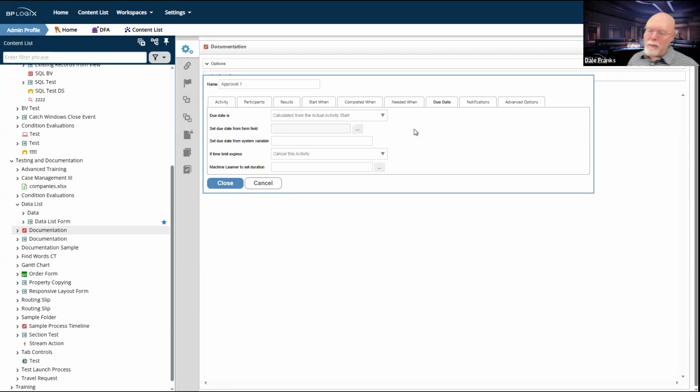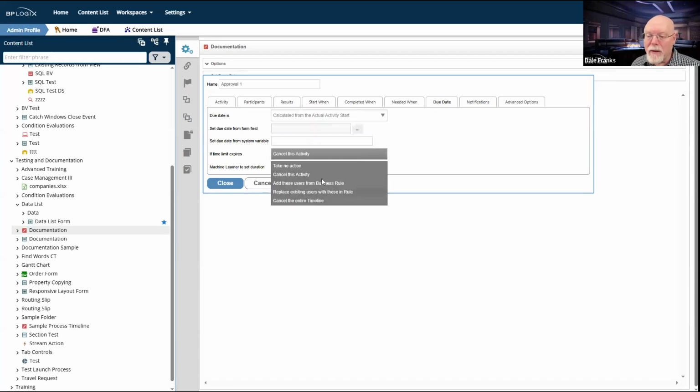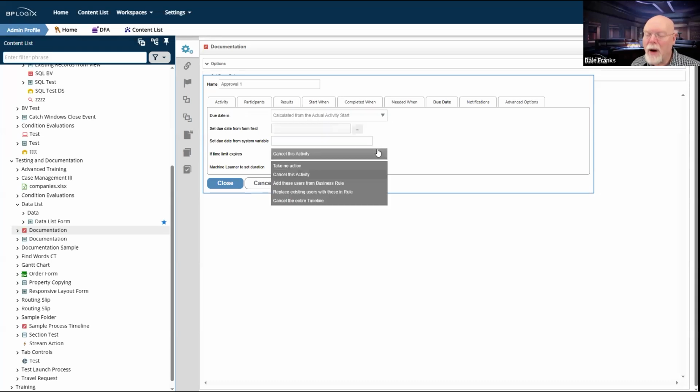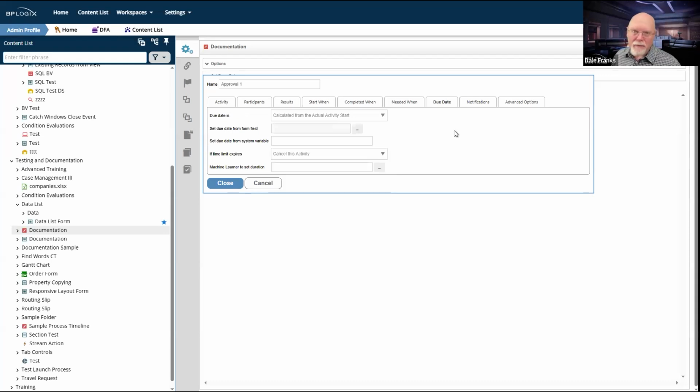So it was acting much in the same way that a wait task would act if you did not have a due date. Wait activities have a due date option that says wait until at least due date. And if you don't have that set and you hit a wait activity, it just cancels instantly. Well, that was what was happening to the user task.